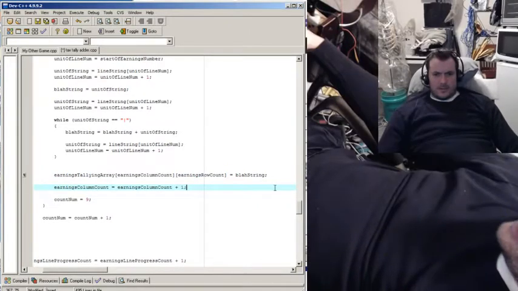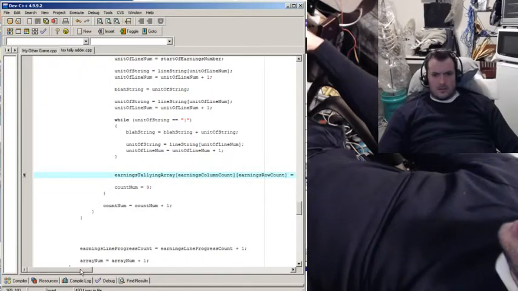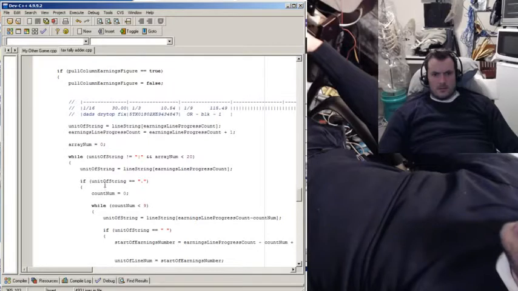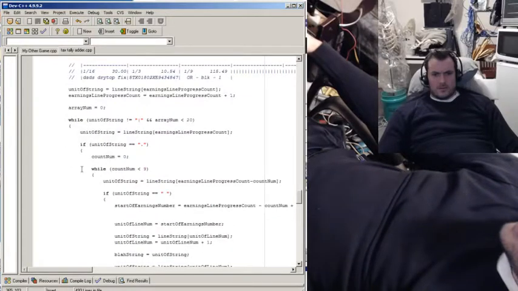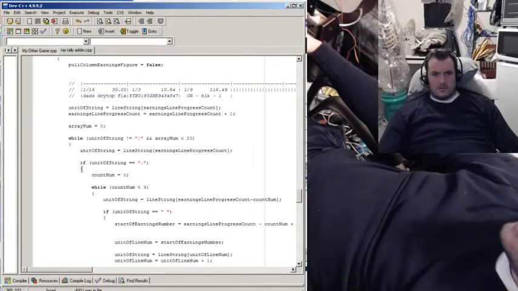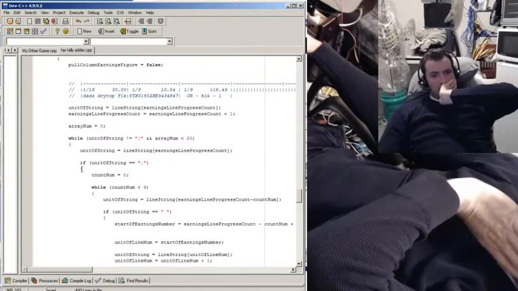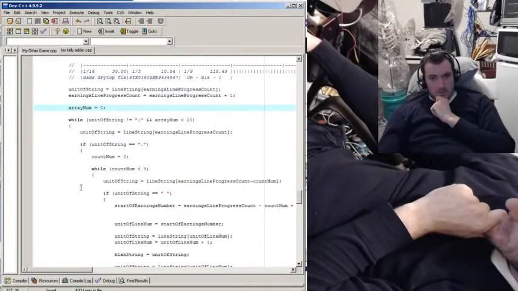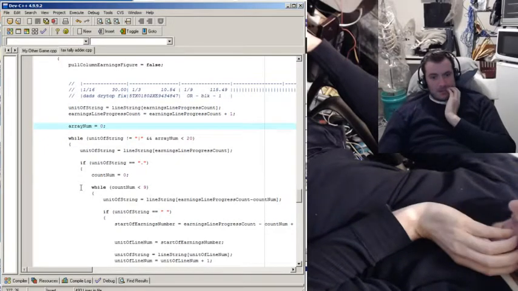Wait, we don't have to do that here. We pulled it. Alright, let's see how we break out of this. Well, it does not equal bar. Okay. If it equals period. If it didn't equal period, we'll keep going till it hits a bar. Keep going till you hit a period eventually, or a bar. If you hit a period,